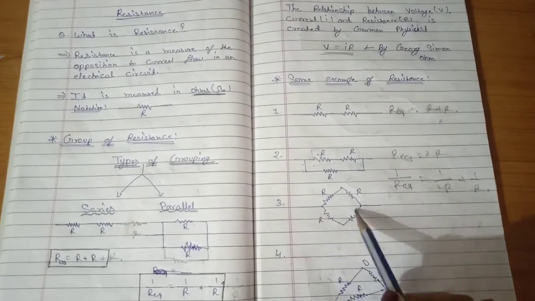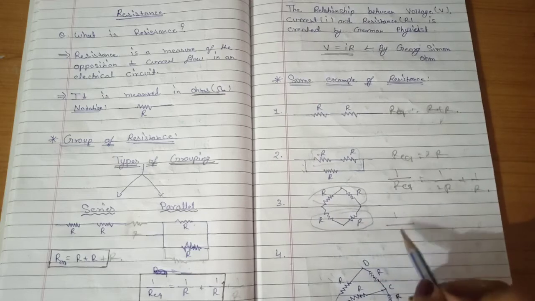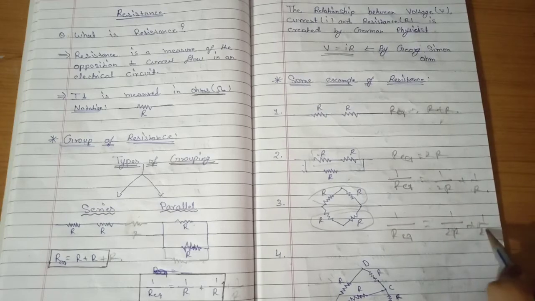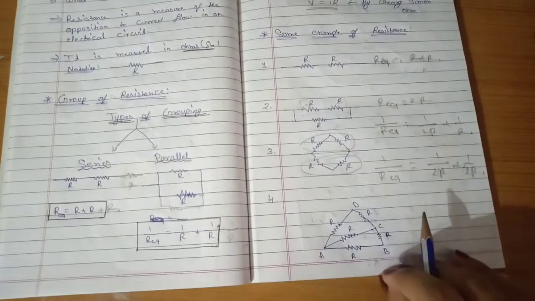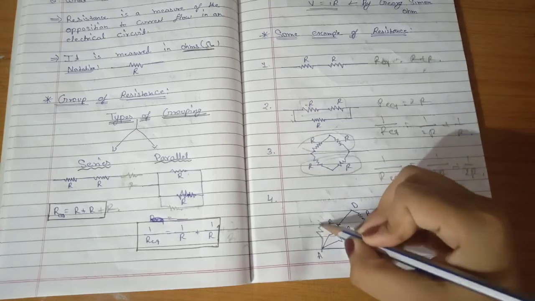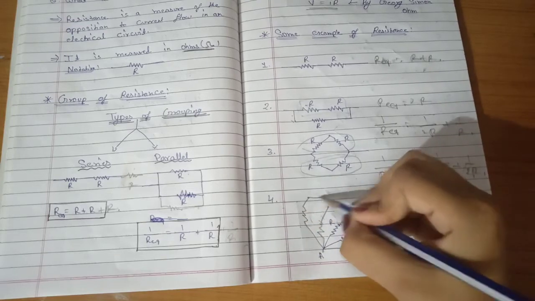And for the third, first solve this series, then series. The final answer of this is both in parallel. So 1 upon 2R plus 1 upon 2R. And the fourth is a special case. I chose this especially to explain to you, because in this type of problem so many students get stuck on how to solve it. This is very simple, but you can complicate this by adding more and more resistances of this type.